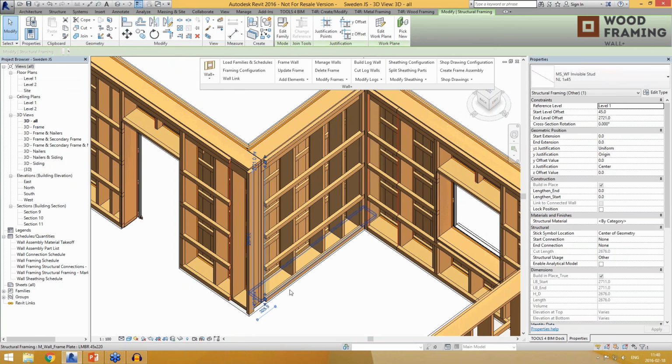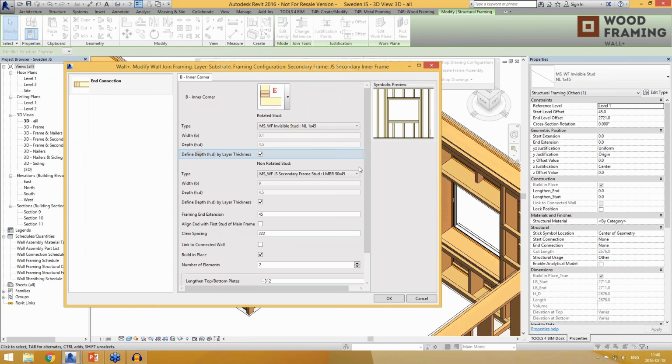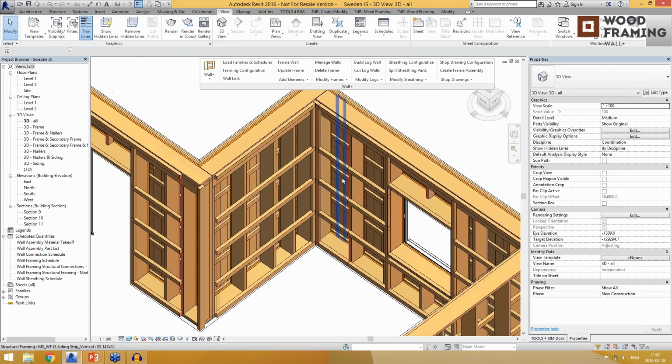and where to split and where to end the frames. If I'm going again to the wall joint framing, we can see that there are options where you can extend or finish the top or the bottom plates automatically. And one more